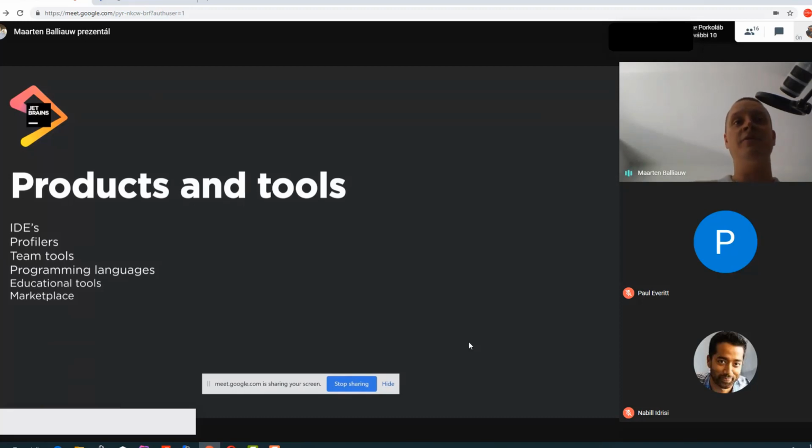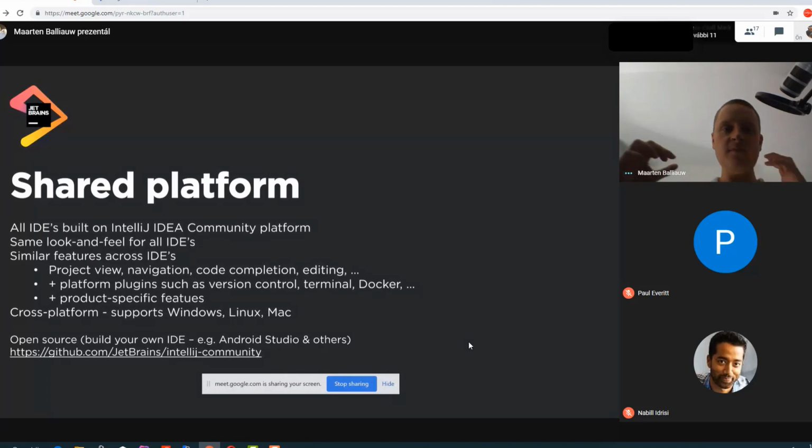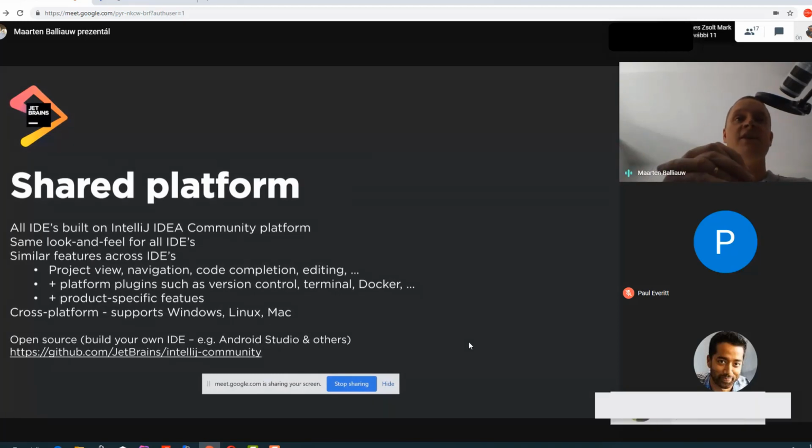And we also have our own programming language called Kotlin, which is basically an alternative or an add-on to Java that you can also use to write code in a much more modern way than typical Java would offer you. Now, enough about that. Before we dive into PhpStorm and WebStorm, I just want to spend a couple more words